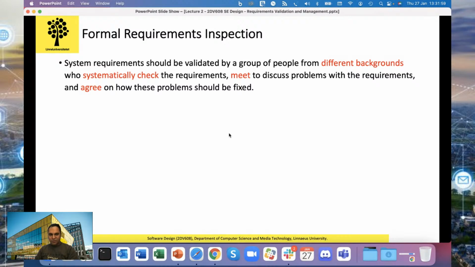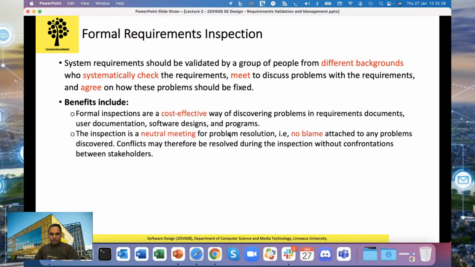So review means formal inspection of the requirements, and again this should be done by a group of people from your stakeholders list, and you have to make sure that they have different backgrounds, different skills, and different knowledge to bring diversity to your requirements inspection team. And if you do a formal requirements inspection, it's also a cost-effective way of finding problems before you finalize your